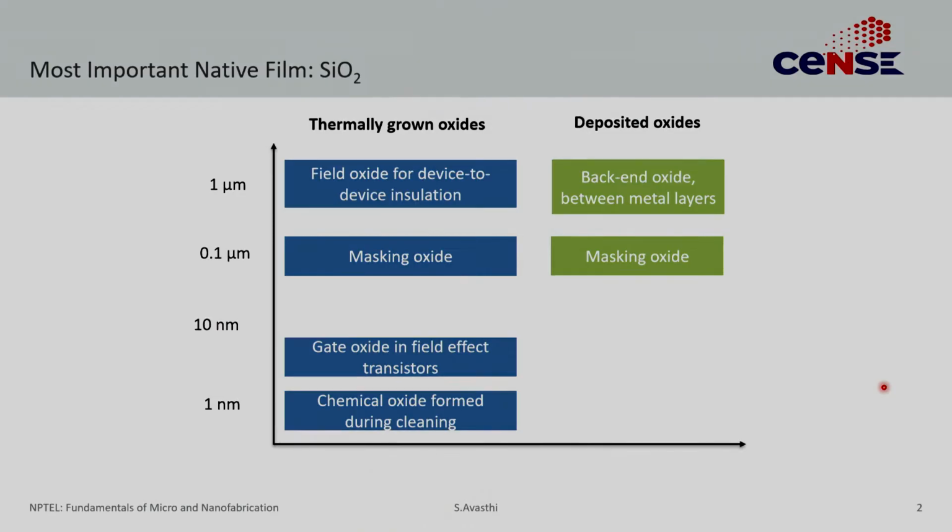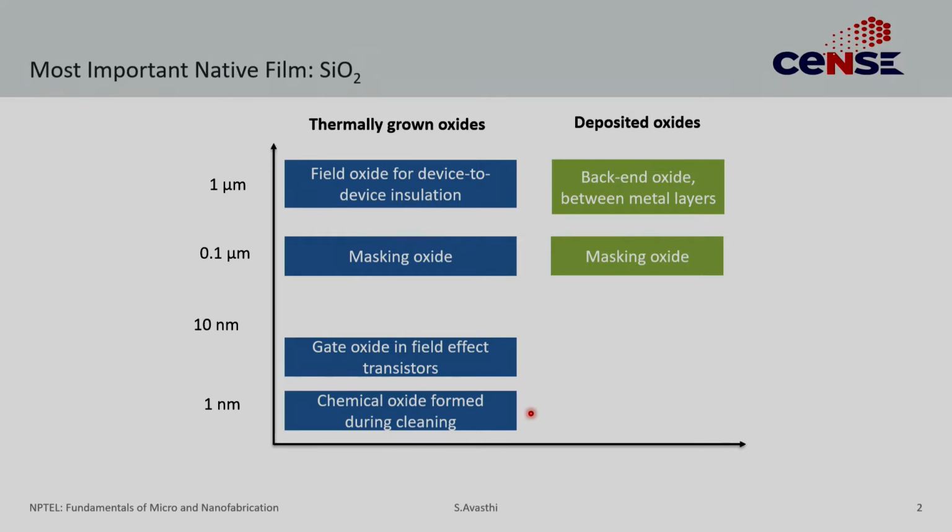It is used for several things, the most important of course being the gate oxide. If you look at slide number 2, the most important is this gate oxide in a field effect transistor. This is where silicon dioxide is used most successfully. But there are other uses in common CMOS fabrication. We have already looked at how silicon dioxide, formed through chemical means, was used to do cleaning. Remember, we were forming silicon dioxide and dissolving it in HF. So that is one use.